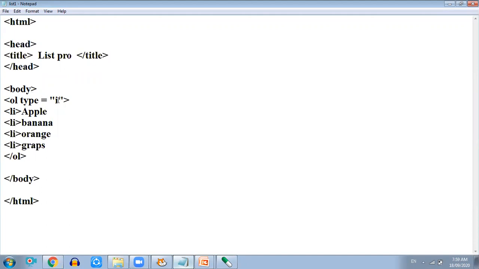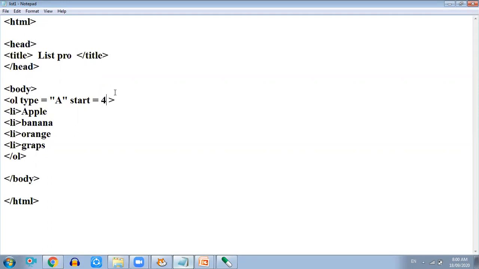So let's type here first, type is equal to ABCD series, and then we have to write start, and is equal to, from which number. Suppose I want to start from D. D is placed at the fourth place: A1, B2, C3 and D4. So I want to begin from 4, so that's why I'm typing 4 here.